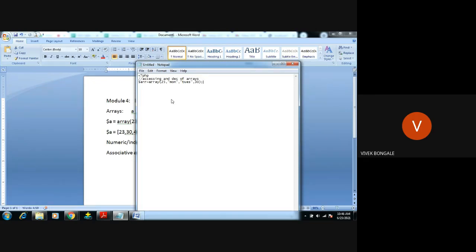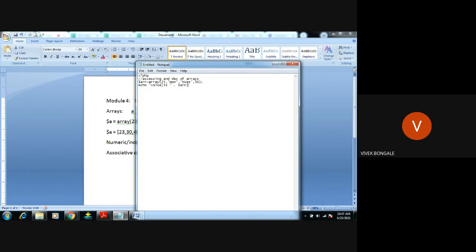So I am giving 4 values to this array variable. Then I want to display: value is, then the concatenation symbol dot, $arr. Which you want to display, either the 0th index, first index, second index, or third index.